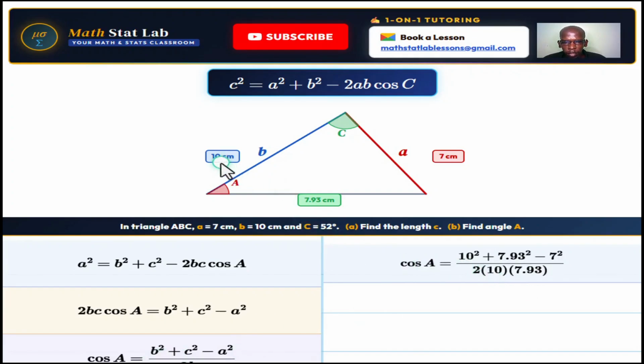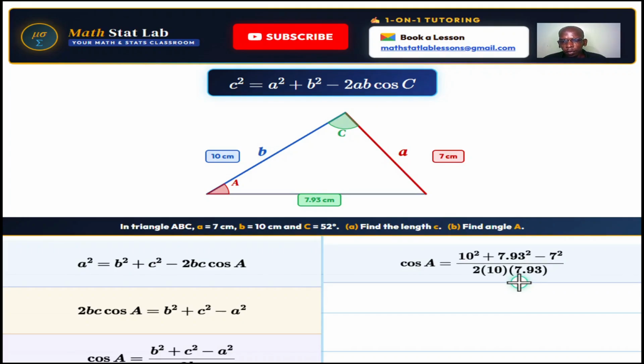B itself was 10 centimeters, so B squared will be 10 squared, then plus C squared, and we know C is 7.93, so it will be 7.93 squared, then minus A, which we know is 7 centimeters, so minus 7 squared, then divided by 2 times B, and B is 10, then multiplied again by C, which is